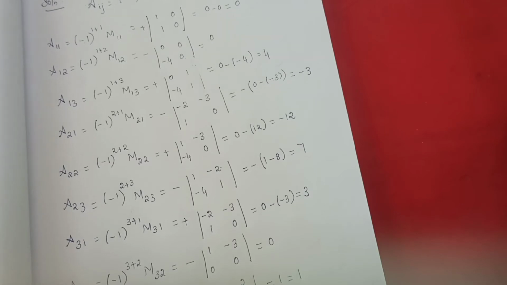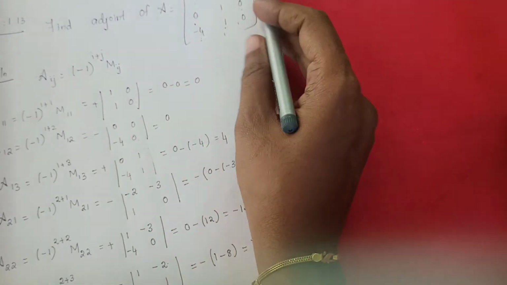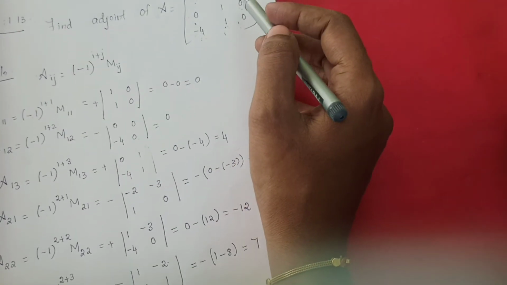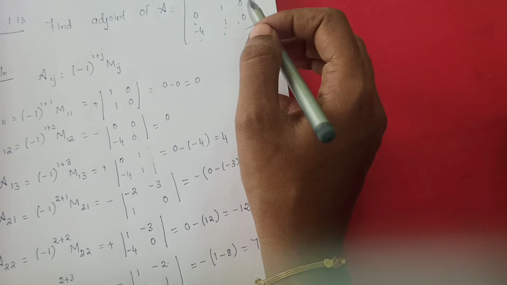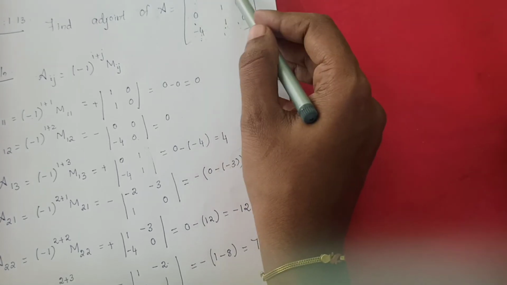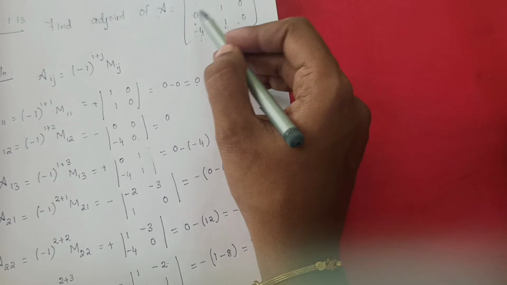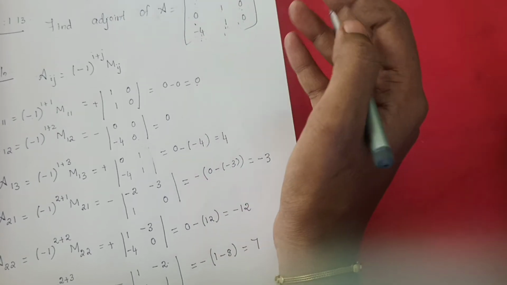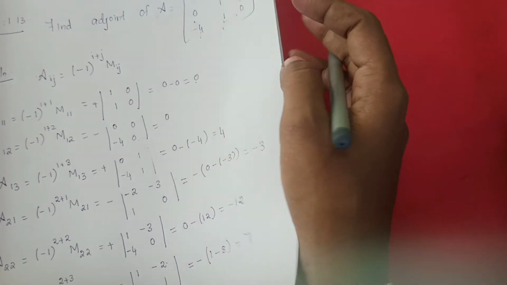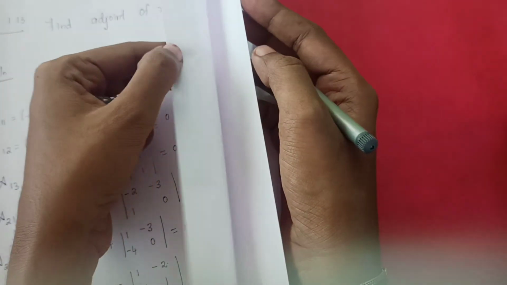If you are finding it difficult, saying, ma'am, I can't find the cofactor directly, first I need to find the minor, afterwards I will find the cofactor, no problem at all. Otherwise, if you say ma'am, all these steps are not needed, I will do the calculation in my mind itself, that also is no problem. If you are expert, after doing 2 or 3 problems, it will be very thorough. See, cancel like this. 0 minus 0. First answer 0. This one and this one cancel. 0 minus 0. 0 will be the answer. Like that you can also find directly.